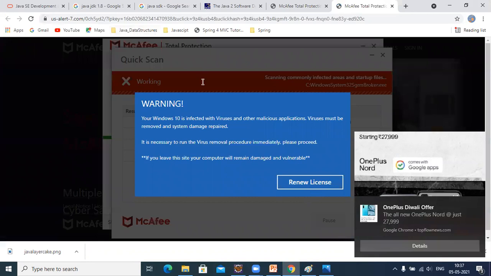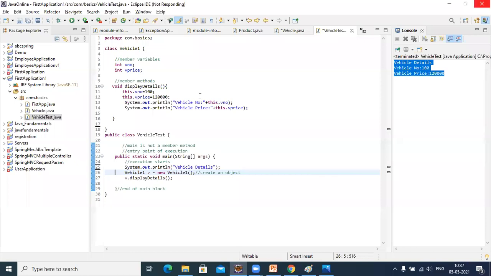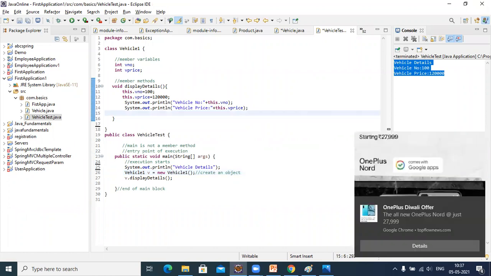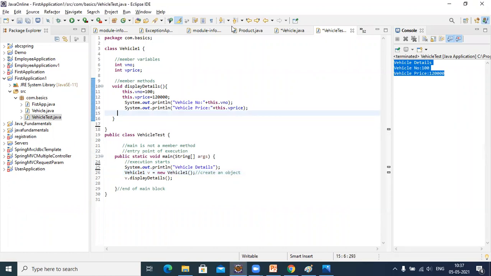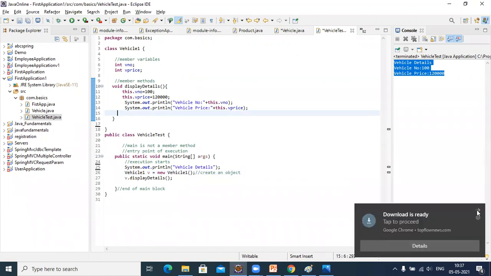Any doubts so far? Sharan and Manish, do you have any doubts?